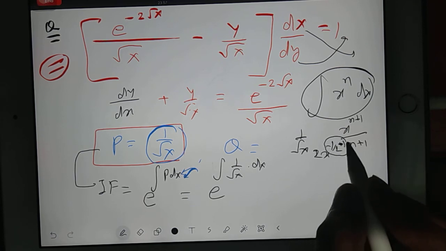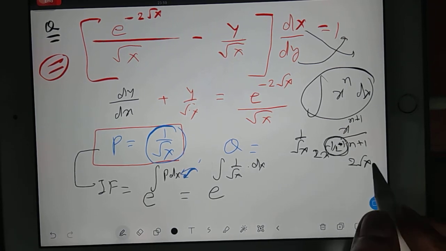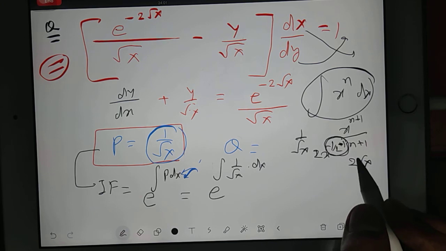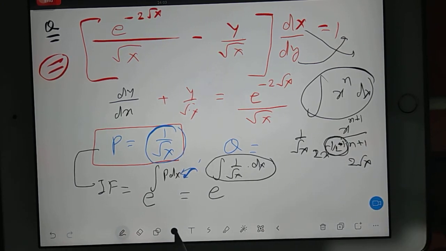Okay, so when you solve this, it will be 2 root x. I hope I am not making any mistake. So this total will come 2 root x. Always remember one trick when you are differentiating